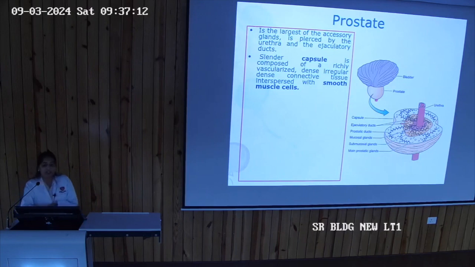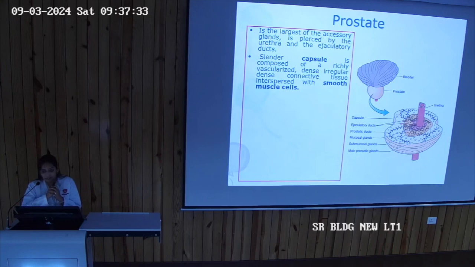It is pierced by the ejaculatory duct. Basically, this gland surrounds the penile urethra, and this ejaculatory duct opens into the penile urethra. So it is pierced by the ejaculatory duct. Prostate gland. It has two types of capsule: the outermost false capsule, which is derived from the pelvic fascia, and